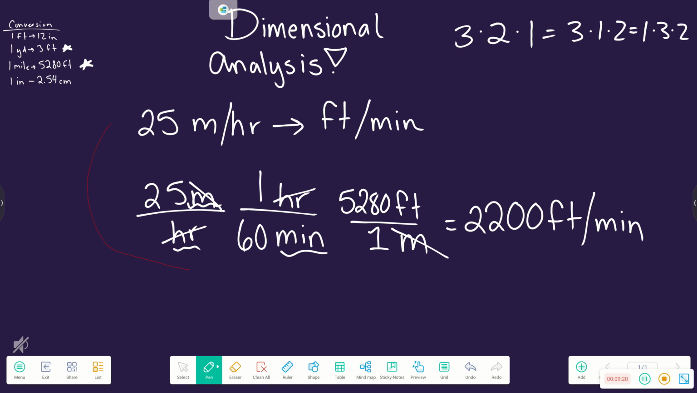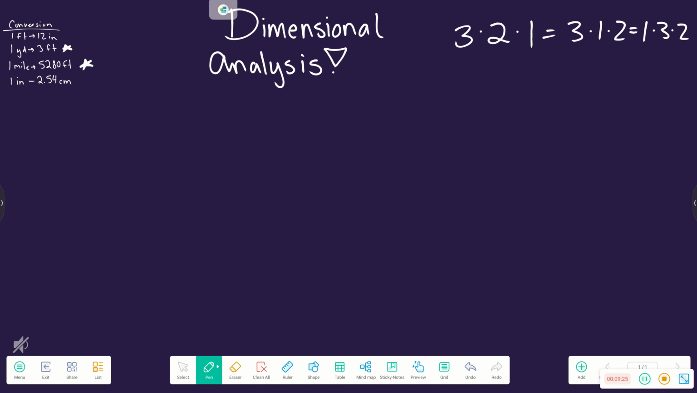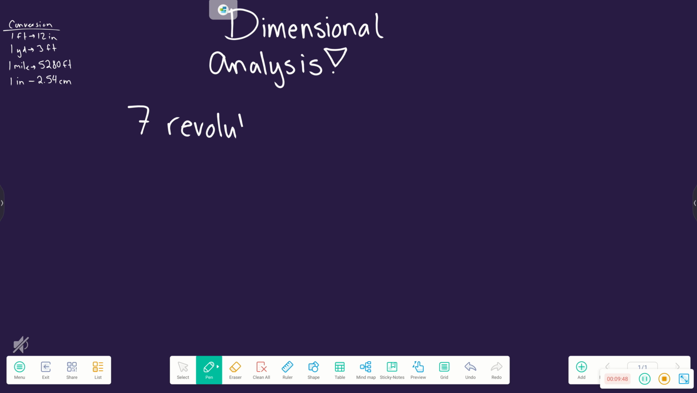Now, why do I care about dimensional analysis when I am talking about radians and trigonometric functions? Okay. The reason we care about dimensional analysis is because we are going to take what is called a revolution and turn it into a radian. So if I said I have 7 revolutions every 3 minutes, okay,